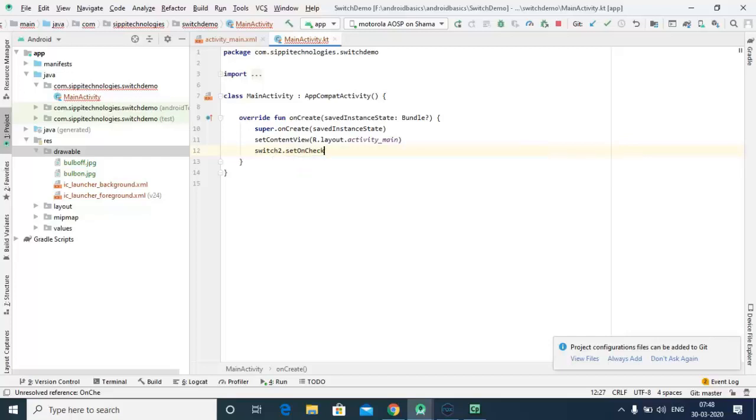This one we require, yes, and here if isChecked means switch is on, then we